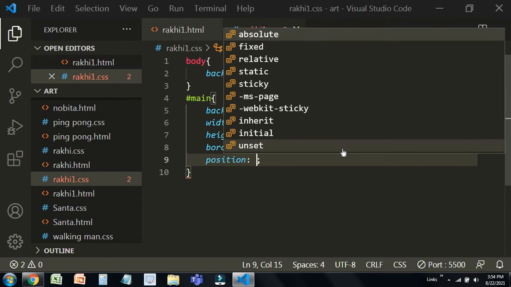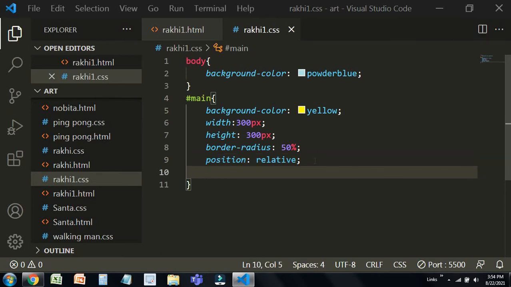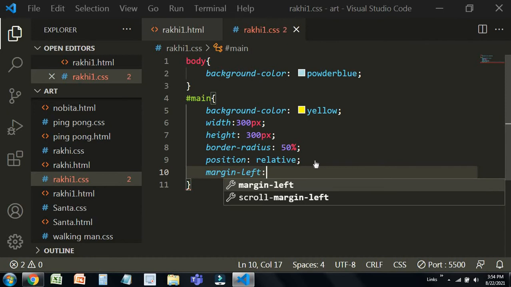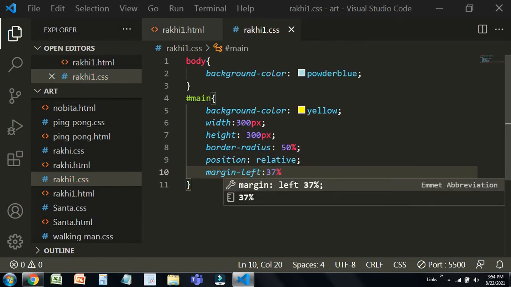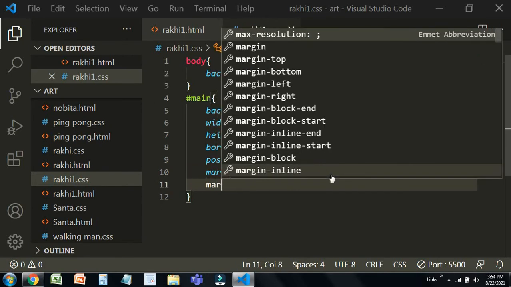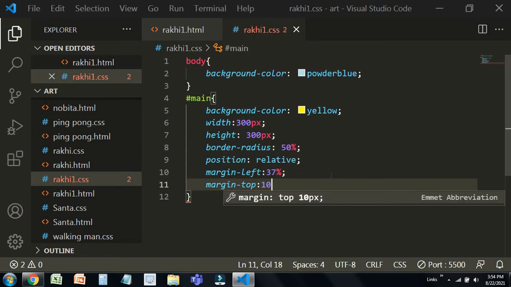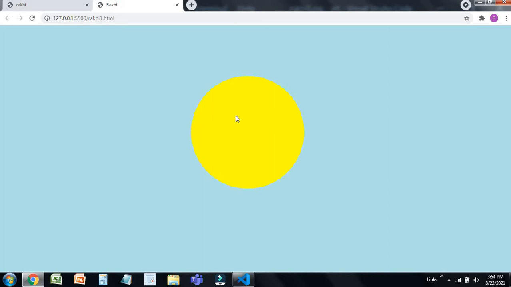This is going to be our parent, because wherever this circle moves, everything should move with it. We do not need to align it again and again, that will be a time consuming process. So that's why I'm using this, and the rest of them are going to be absolute, so they are going to be the children of this circle. Give a margin left of 37% and margin top 10%. So you can see that this circle will appear.